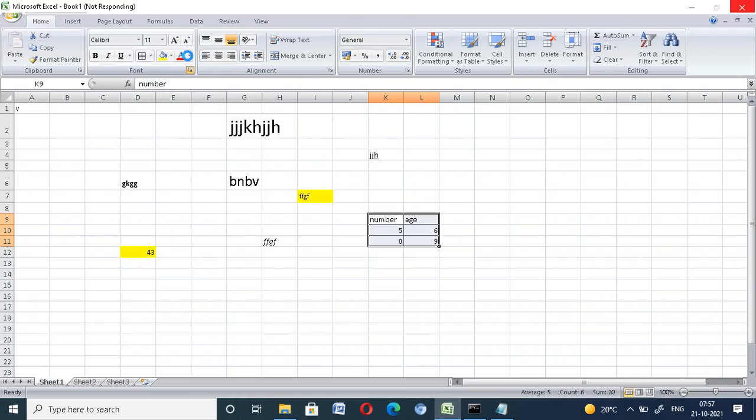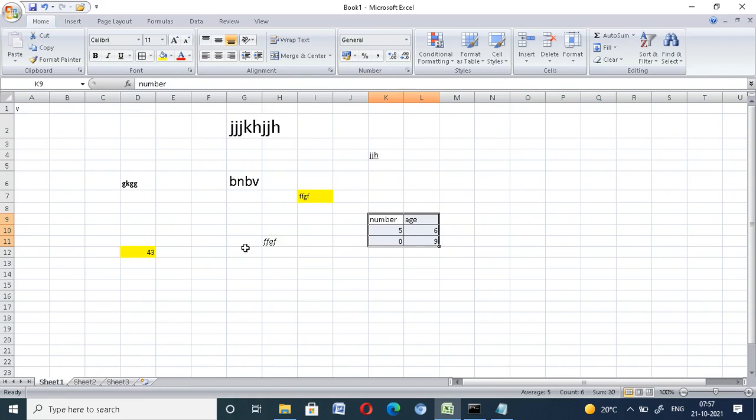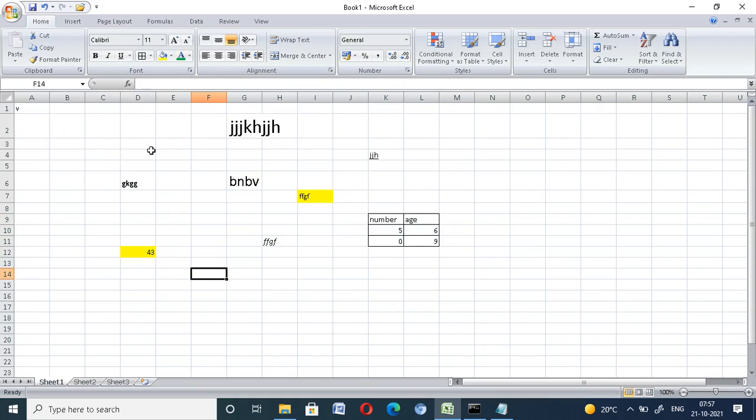This is the Font dialog, where the whole font window is opened. In this you can change settings, and the preview is shown. If you want to change the color of the text, select it and choose green, and in this way the color of the text is changed. This is for background color, and this is for the color of the text. Now fonts are basically covered.